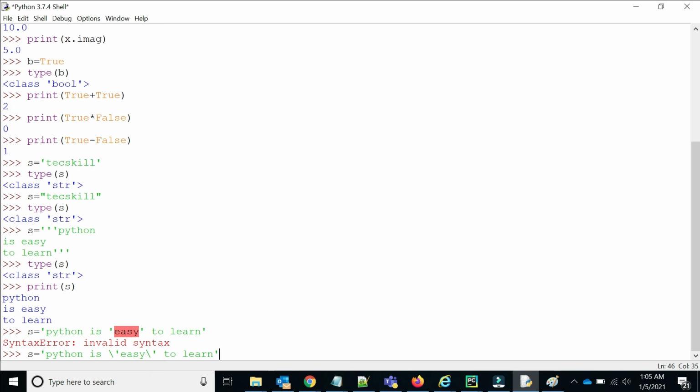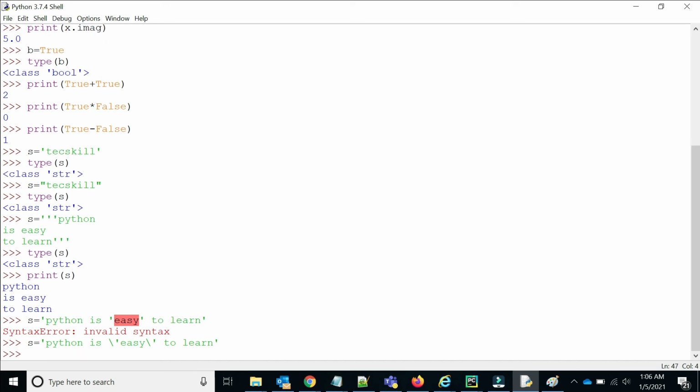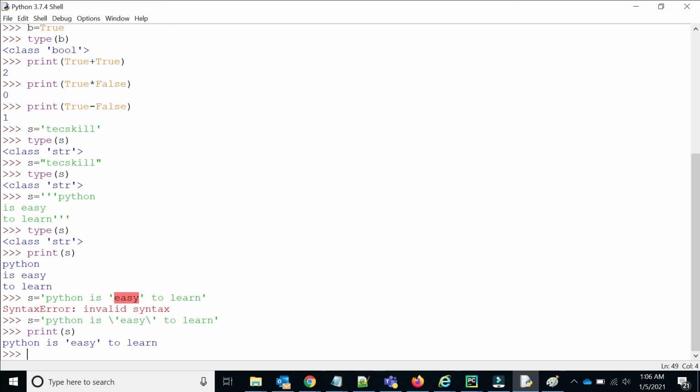That means we are telling it, don't consider this single quote as a string delimiter, just escape this. If you consider 'Python isn' as ending here, after isn, it is considering one string, and again this is considering another one. That's why it is invalid syntax. So now we are telling it to consider this as a single quote and give me the output, right? So now if I print s, now you can see.